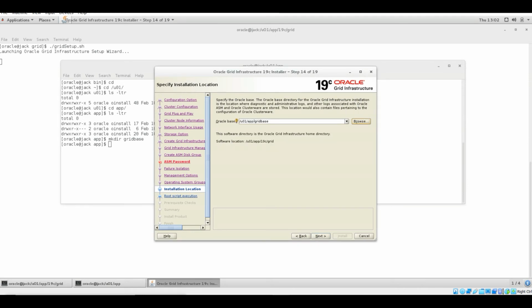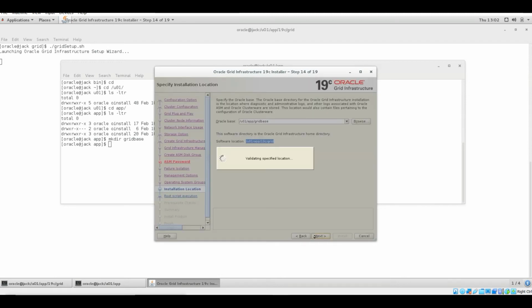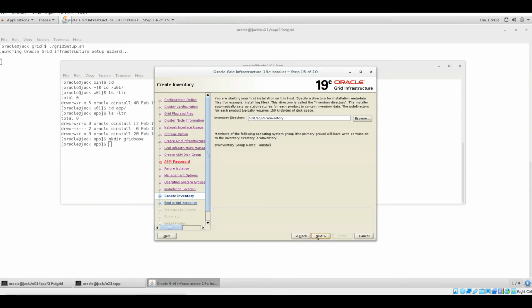So my grid base will be /u01/app/grid/base, and the software location is this. So this is my grid home. Let this be the same as it is.